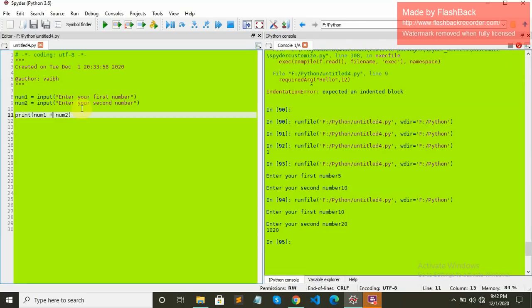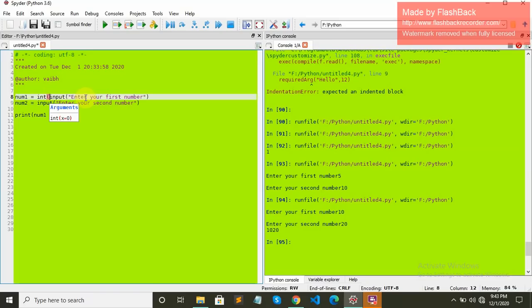Oh, it is string concatenating them because it thinks we are taking input as a string, so we need to specify we are taking input as int.